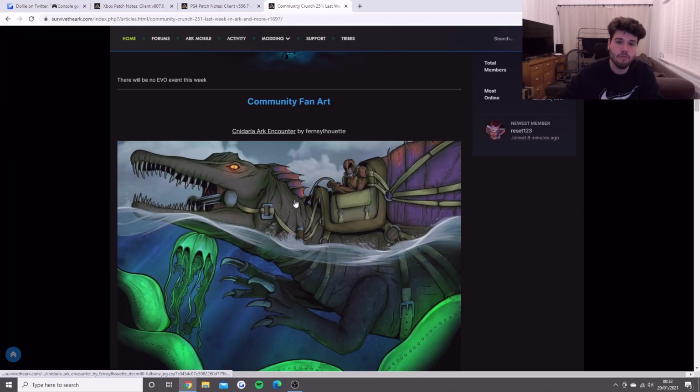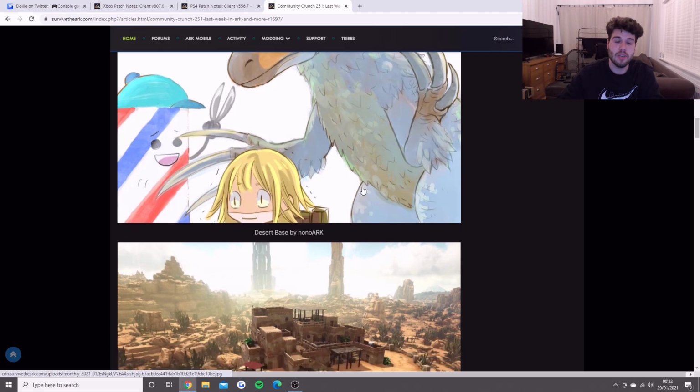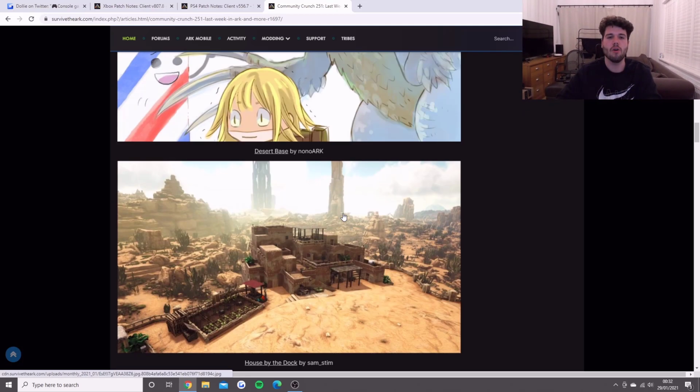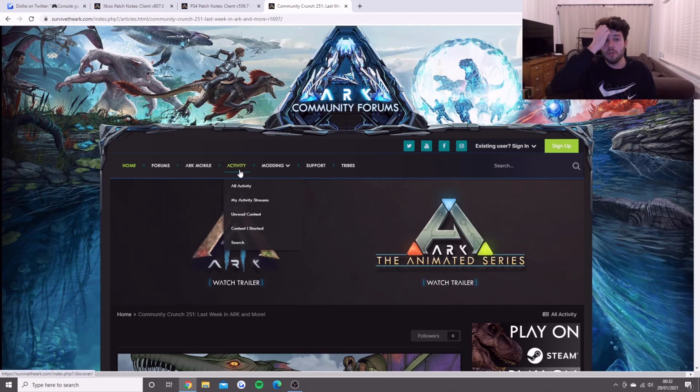And then to finish off the video, it was just the community fan art, which is obviously always great, but we went through this in the other video when it first got released. So pretty much just summarizing what happened, they said, wishing you a stress-free weekend, catch you next week, Studio Wildcard. So a little bit of a roundup at the end of the week there, guys,